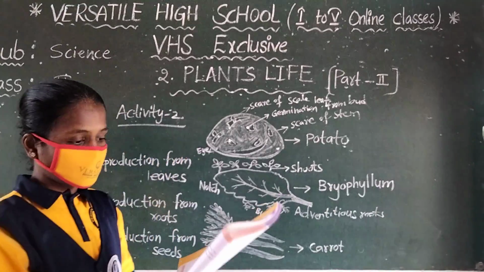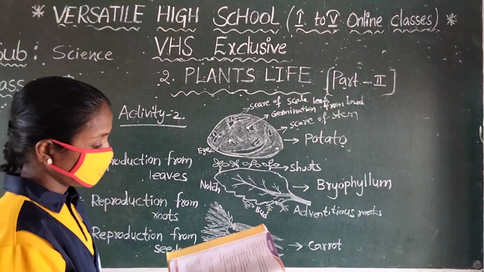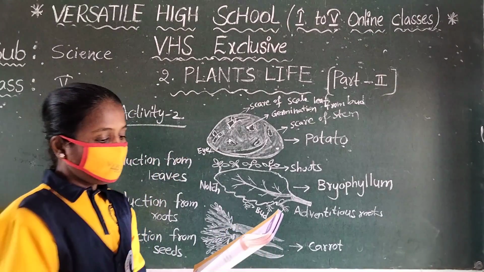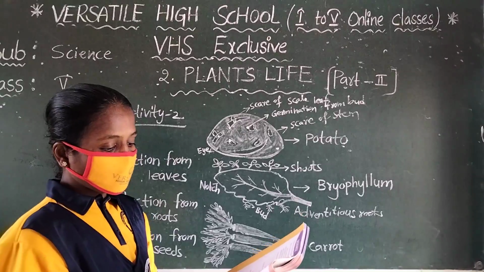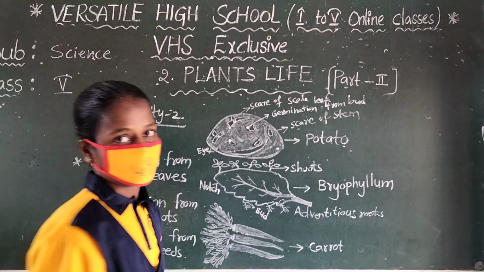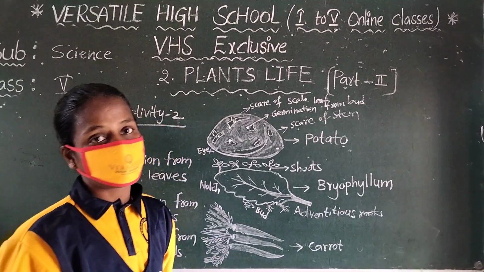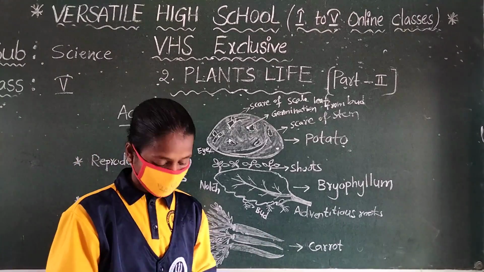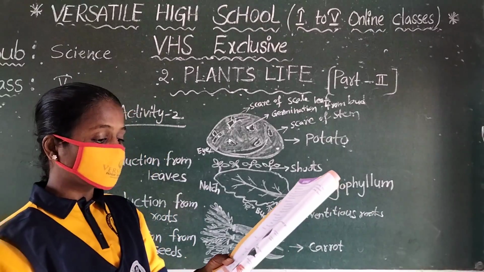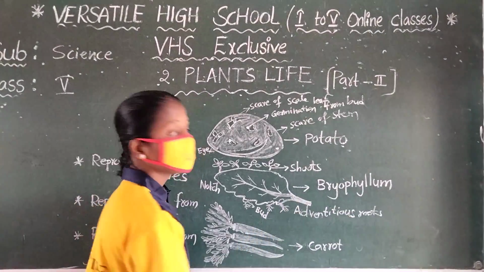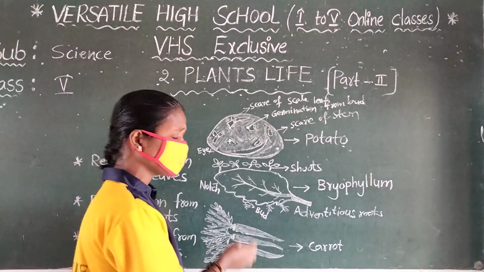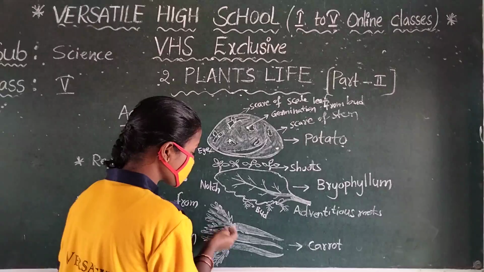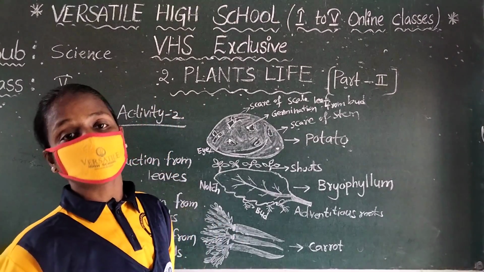And group 3's instructions are: take a carrot and cut the head part. Put it on a flat plate and add water. Then you observe cluster leaves arising from the head of that carrot. You don't put it in soil. You just observe that small parts come out from that head part.